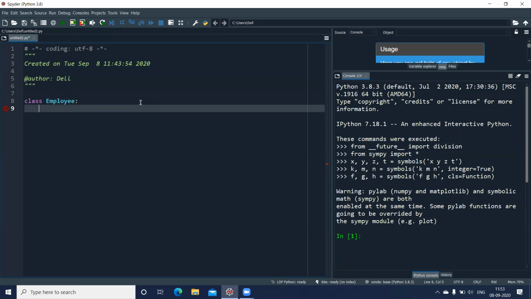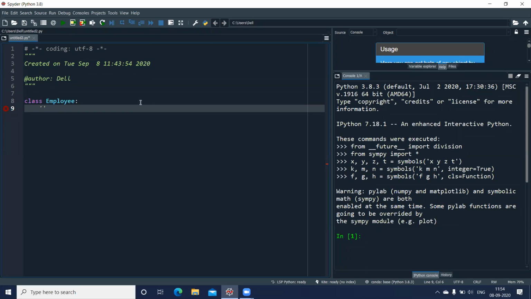Now the first statement after you declare the name of the class, after the colon, is my documentation part. Your class documentation can be given in single quotes. If you remember, even in a function, after giving the name and the colon, we used to give some text. This text was nothing but for your documentation.